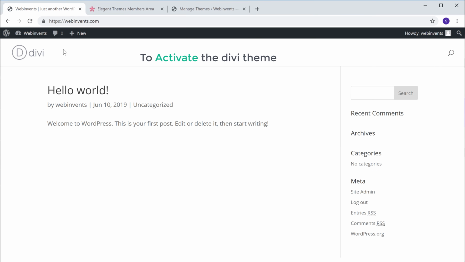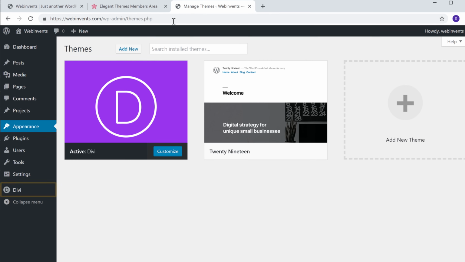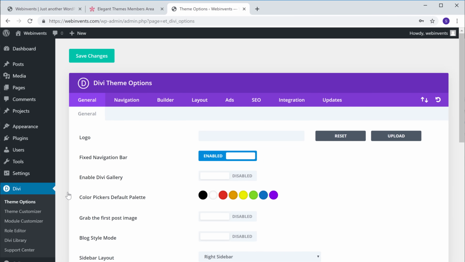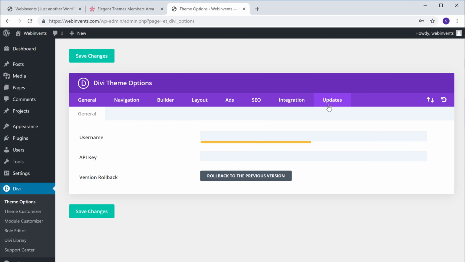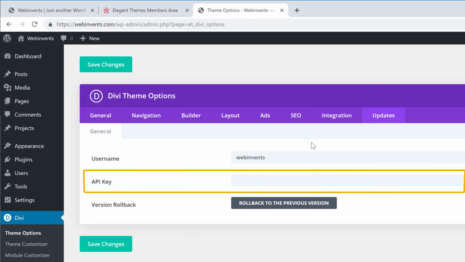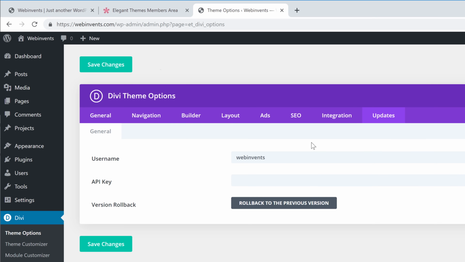So to activate the Divi theme, let's go to WordPress and then click Divi. Now let's go to Updates and enter the username which you chose for Divi. Now to activate Divi, we need to get this key from the Divi website. So to get it, let's go to the Divi website